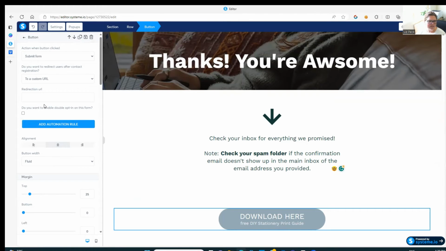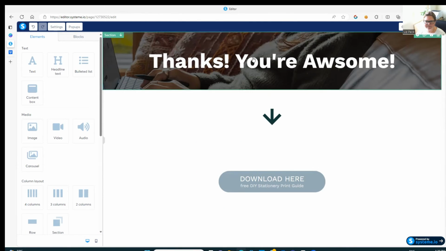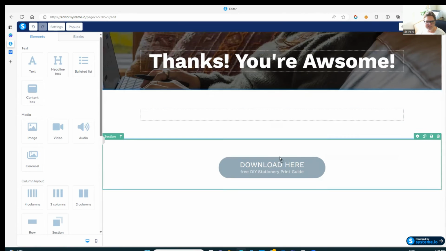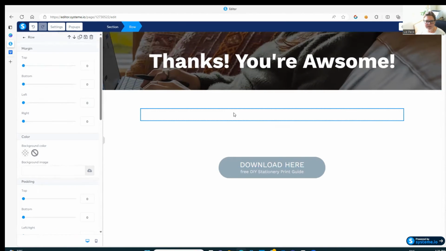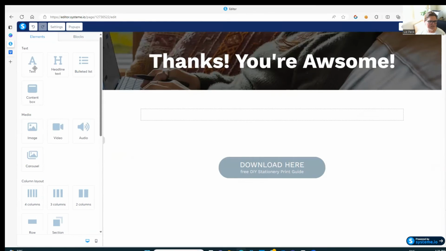And so on this button, all I need to do is paste in that URL, and that is all that we need to do. So now when somebody comes to this page, they will get this download button here. So we don't need this. We can delete this because we have the download bit here. So all we need to do here is we can delete that, and we could put a little bit of text in just to say,